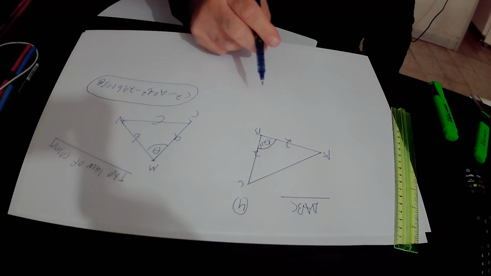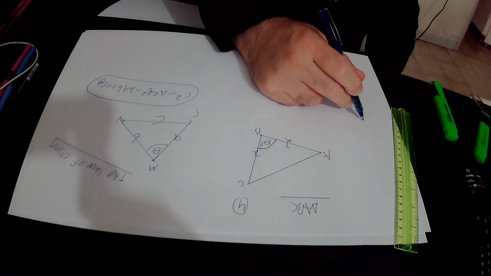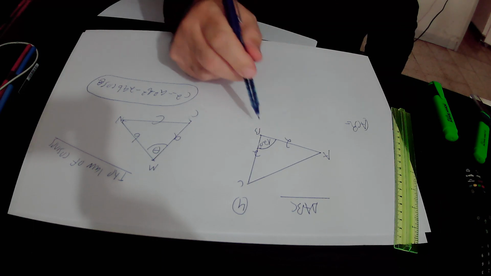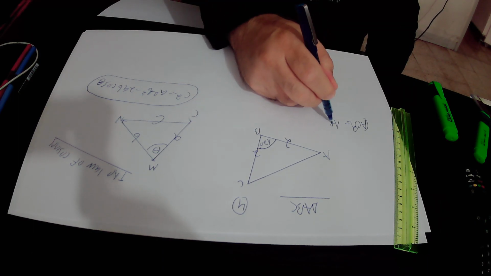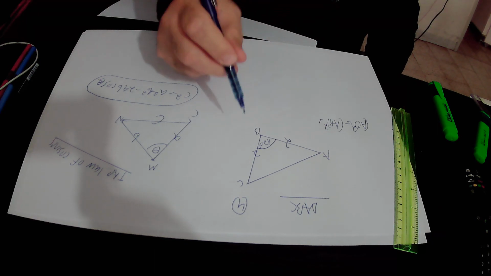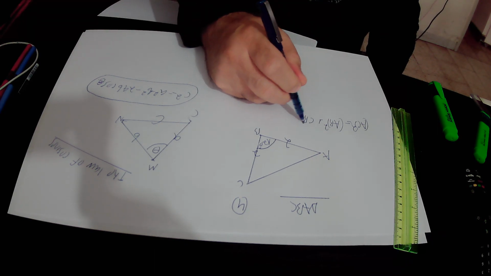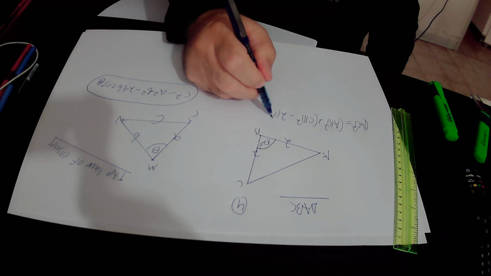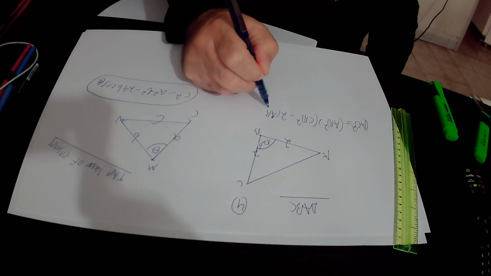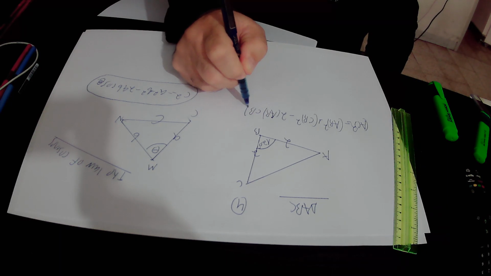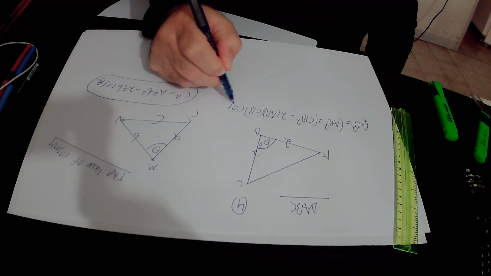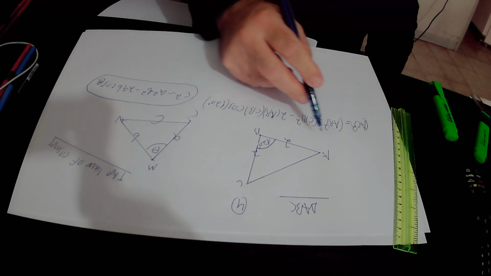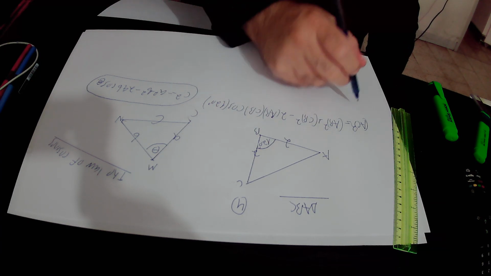According to the law of cosines, the length of side AC squared equals AB squared plus CB squared minus 2 times AB times CB times cosine 120 degrees. Okay, so AC squared, this is the line segment that we are looking for, or the side that we are looking for,